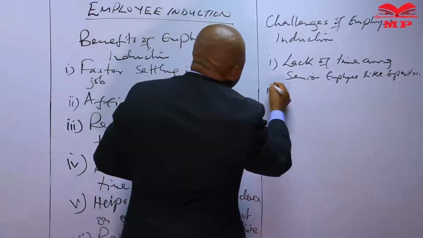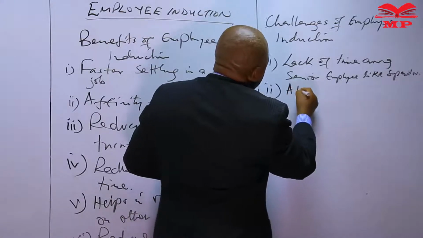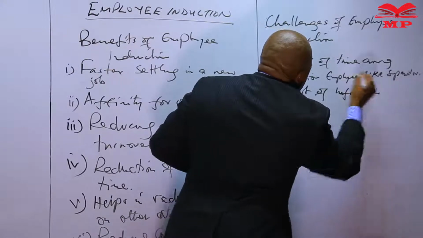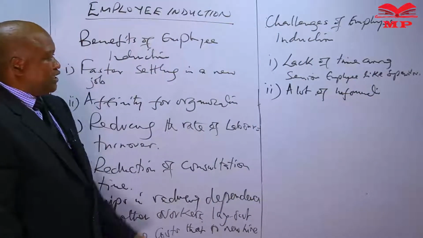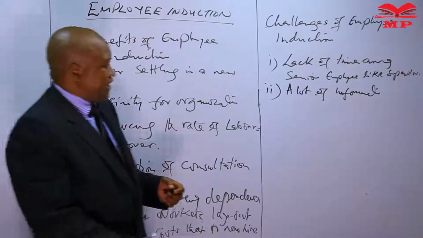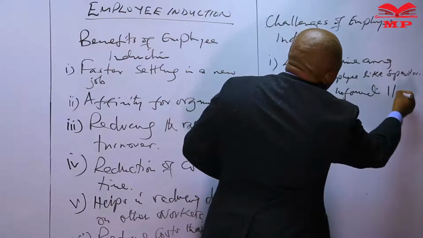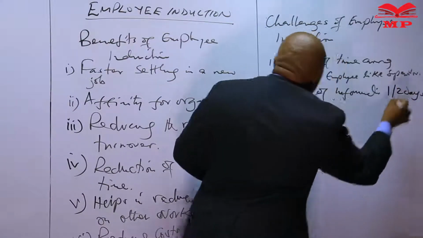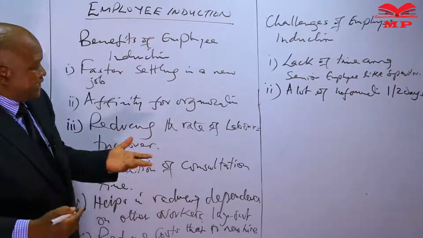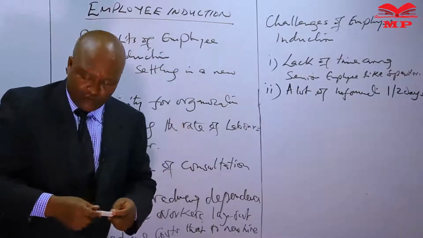Secondly, employees may be provided with a lot of information, and this may lead to information overload during the orientation process, where the employees may, for instance, be required to be taken through a whole process of induction, maybe in 1 or 2 days. So this information overload may also be a challenge that might not be handled effectively with the new employees who have been hired to a given job because of information overload.